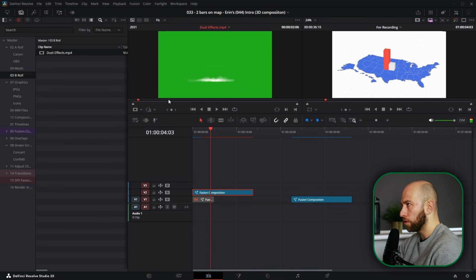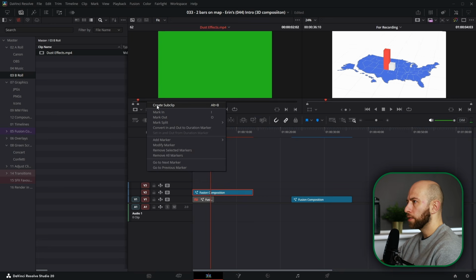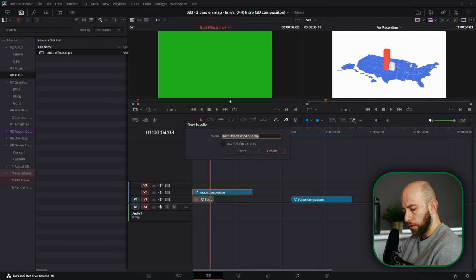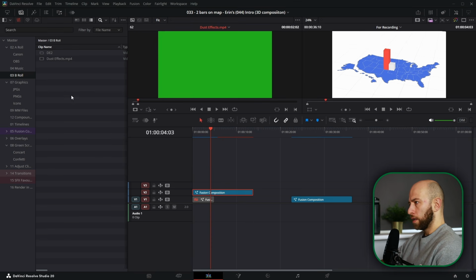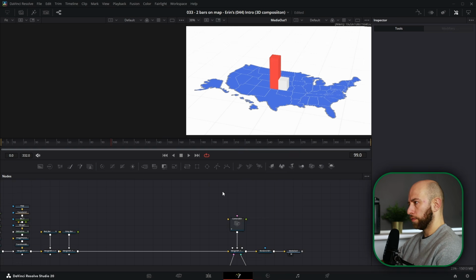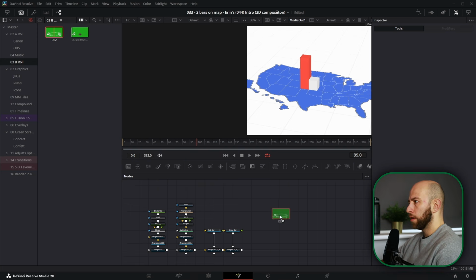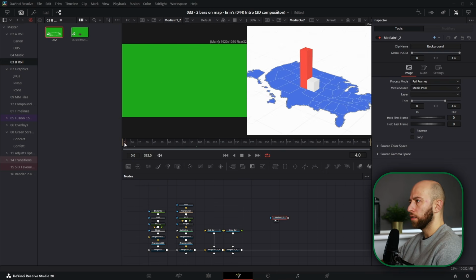So when it's finished, exactly like here, and when new one starts, just frame before, type in O, and keeping your mouse cursor on the timeline of the window, create subclip and name it whatever you want. I'll name it DE2, dust effect 2,